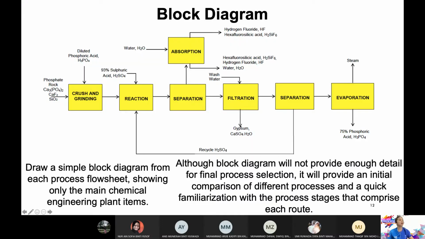Next one, block diagram. Okay, so this is example. Tapi nanti saya akan ajar kamu satu chapter khas on block diagram. Maybe by next week, saya akan ajar satu chapter khas on block diagram, which we will do in week 4. So, kamu nampak dalam block diagram ni ada 1, 2, 3, 4, 5, 6, 7 kotak. Ini 7 equipment. Termasuk pump, termasuk exchanger, termasuk compressor, it will go up about 15. Biasa double je. Utilities tu darab 2 je sebenarnya. Biasanya dalam this one, 7 box, 7 main equipment, probably about another 8 or 9 utilities.